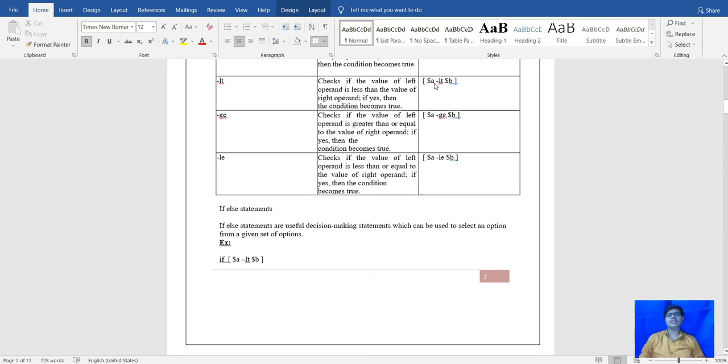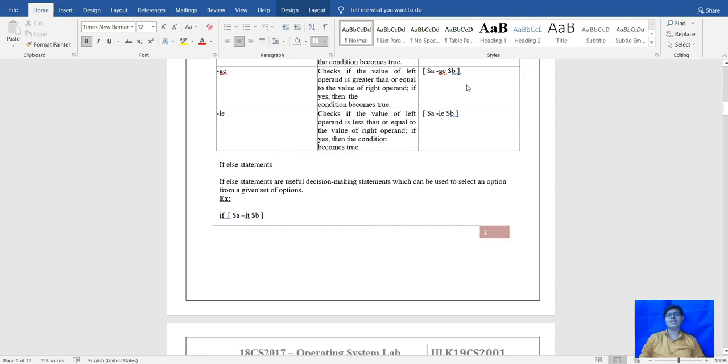After that, moving to the next condition, that is hyphen lt. This checks if the value of the left operand is less than the value of the right. If yes, then the condition becomes true, or else if it is not, it will become false.